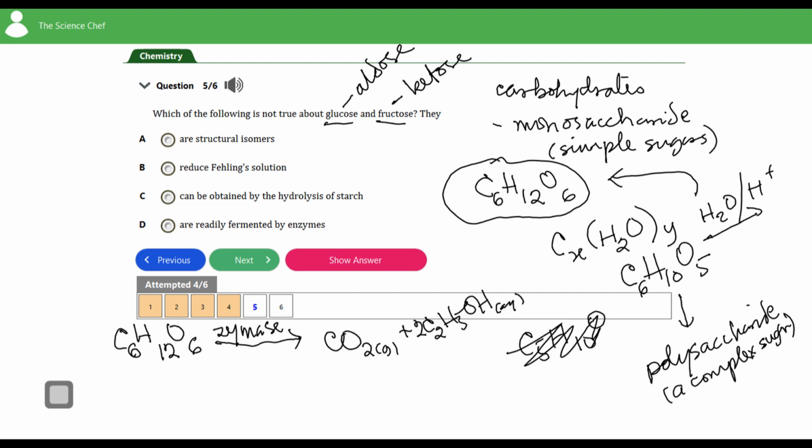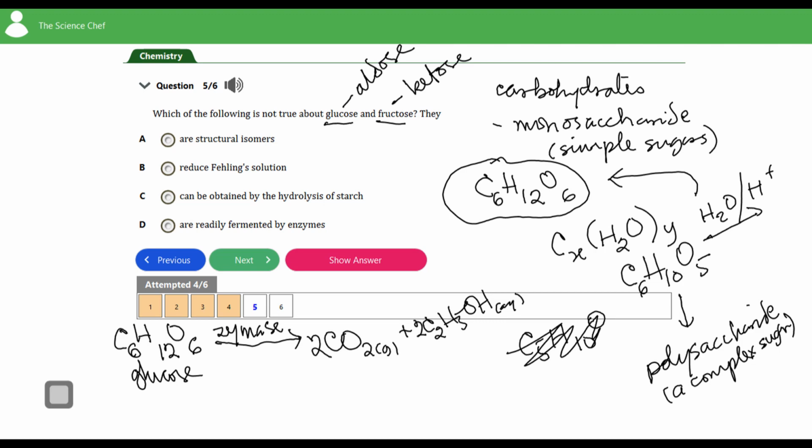So 2 and 2. This is the fermentation process, which is always undergone by glucose. Fructose cannot be fermented by enzymes. So that option D is not correct. They are not readily fermented by enzymes. It's only glucose that is always readily fermented by enzymes, and not fructose. So you can see that option A to C is relatively